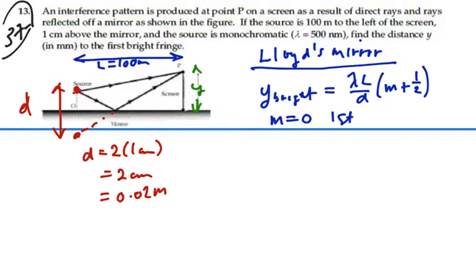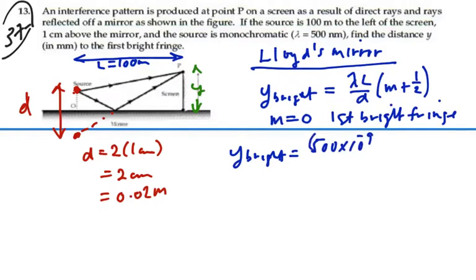So that will be our first bright fringe. So what is that? For the first bright fringe, we will have wavelength of 500 nanometers, 500 times 10 to the minus 9, times L, which is 100 meters, over D, which is 2 centimeters. And then we have the first bright fringe at order number 0 plus 1/2. So if I put all those numbers in,